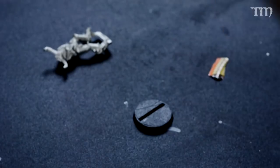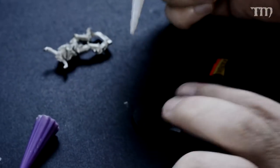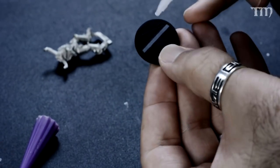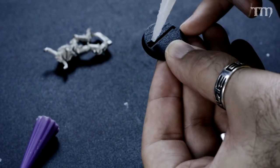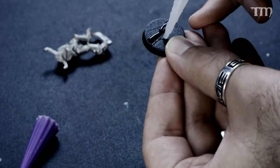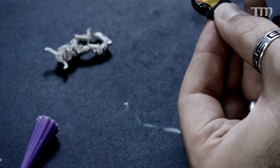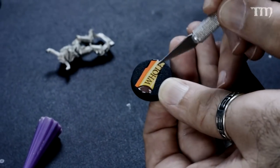Then you take a little bit of glue. See if I can get this out of the shadow here. And you just put it along the edges. Just get it on there. That's all you got to do. And then you take your piece of foil, polyfilm, you stick it over there. You position it a little bit with your...